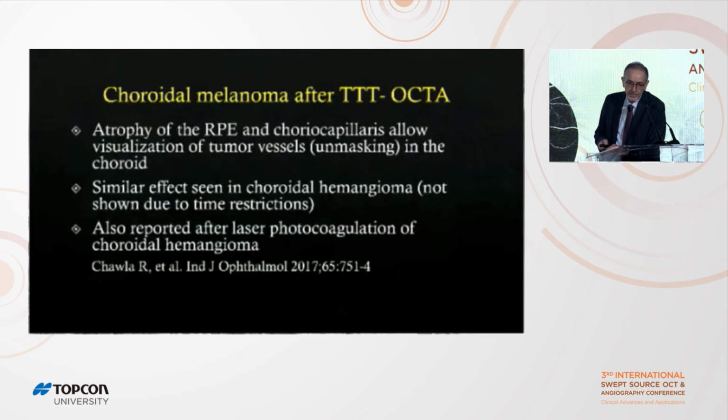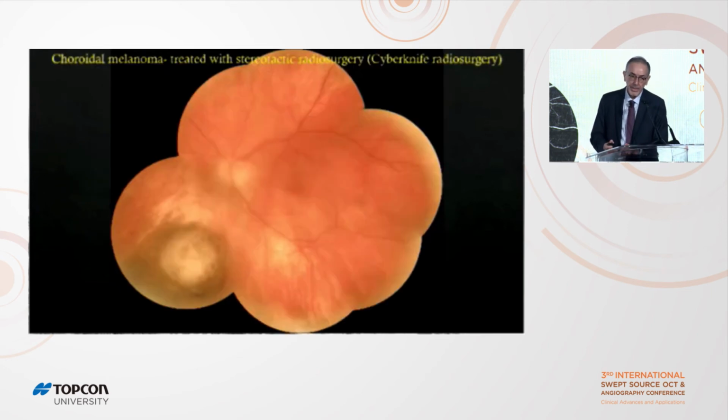And so this effect I have also seen in choroidal hemangiomas, the increased visibility of choroidal vessels. This is not shown here due to time restrictions. And this has also been reported after laser photocoagulation of choroidal hemangioma by Dr. Chawla recently. And one final case, this is a patient with choroidal melanoma treated with stereotactic radiosurgery, which was CyberKnife